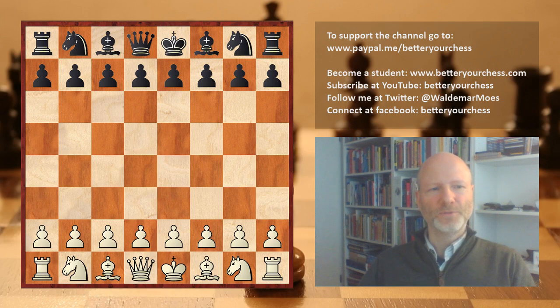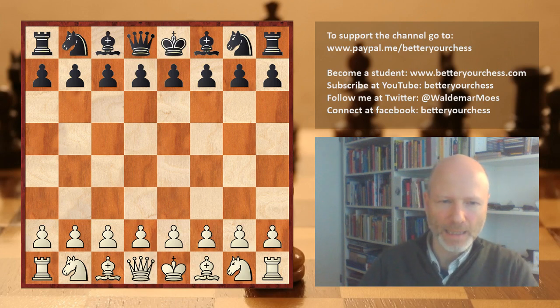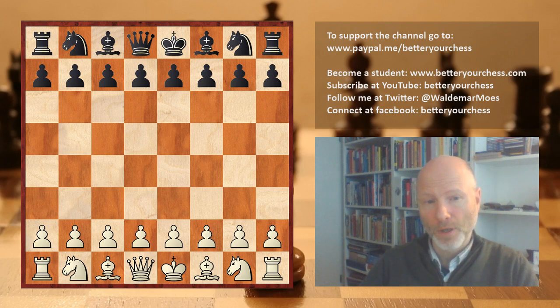So, for today's video, I have decided to analyze a game with one of the openings that I've been interested in of late, the Queen Pawn openings. So, openings such as the Colle, the Torre, the London system, the Trompowsky, and so on. And it's one of the games that has been played during the Isle of Man chess tournament between Lawrence Trent